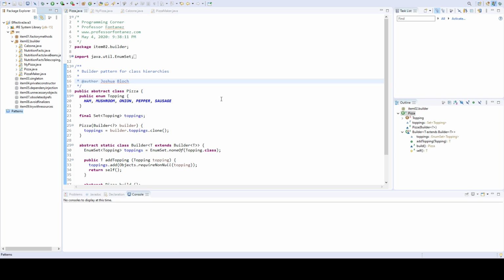In order to be able to use this pattern for class hierarchies, you must do three things. One, you need to use parallel hierarchies of builders. Each one of these builders has to be nested in the corresponding class. So you will have a base class that is an abstract class that contains abstract builders with some concrete methods, and you will have concrete builders